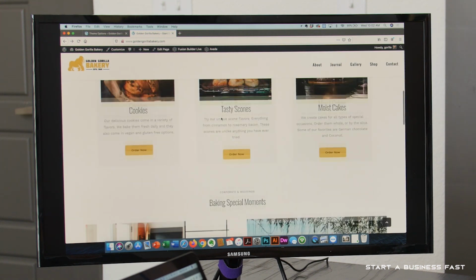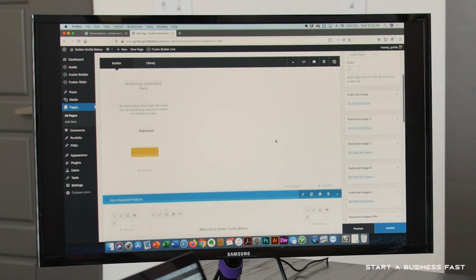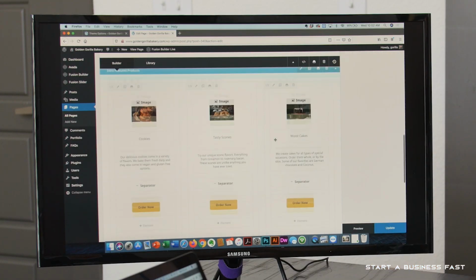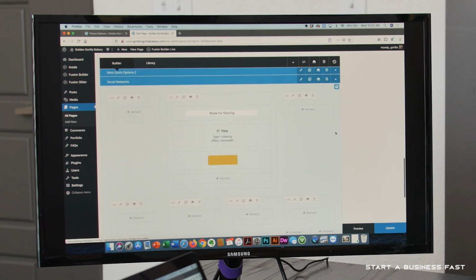Now we're gonna scroll down the page and we're gonna change out this box here that says let's stay in touch. It's gonna be a quick, simple change. Because those images that are around it have a very dark feel to them, and my site aesthetic is the darker grays and the golds, and that button is already gold, I can just scroll down here, expand this social networks